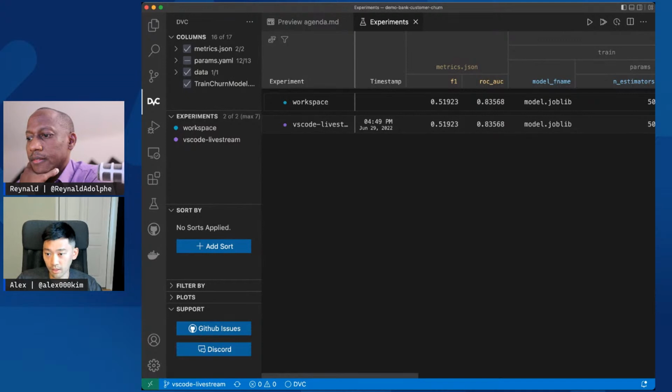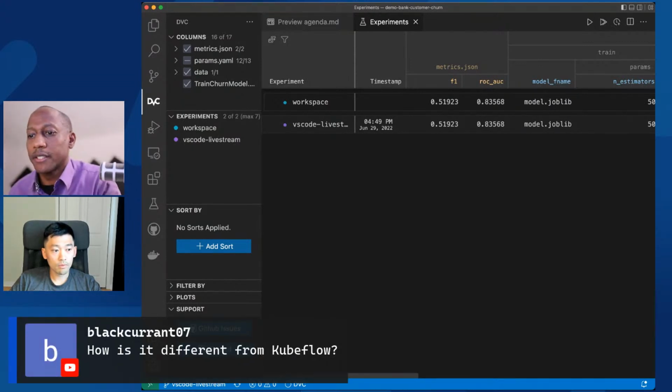So for now, I don't have any experiments other than what I have on this branch that I'm showing. Quick question: how is this different from Kubeflow? Kubeflow, I'm not very familiar with it, but from what I remember, it's more of an orchestration tool for running data science workloads, so kind of remote distributed workloads.